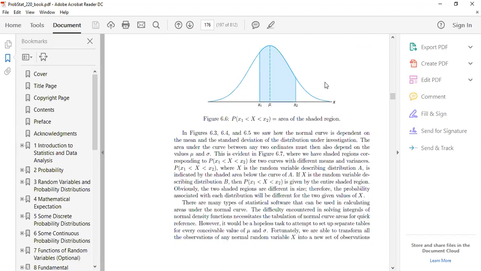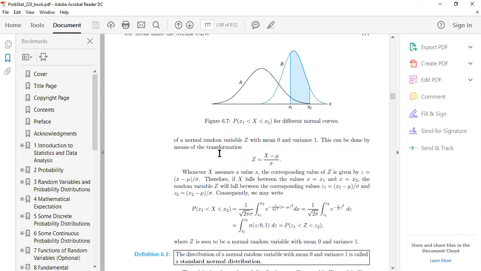So please keep this in mind: whenever you are going to solve the examples based on the normal distribution, we are converting our random variable capital X in terms of the normal random variable, I would say, the simple normal random variable capital Z, using the formula Z is equal to X minus nu divided by sigma. Because nu is known to us, sigma is known to us, x value will be provided to us, we can find the z value. Again, the benefit for this one is always that you are going to get, look at over here,